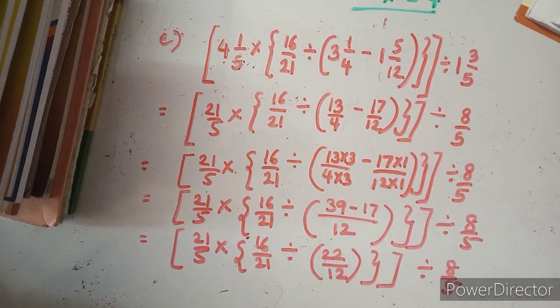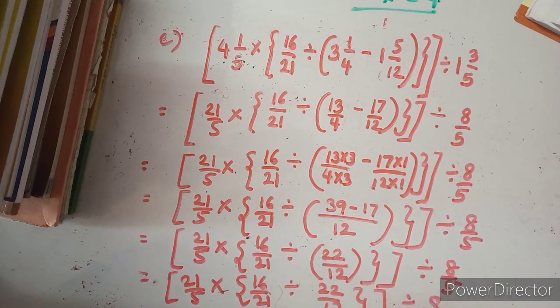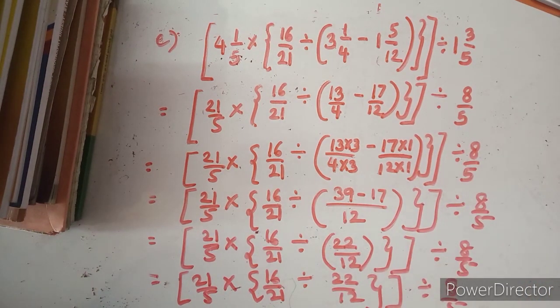Now we will go for the solution of the second bracket, that is the curly bracket. So first of all what I need to do is I have to just remove the first bracket. So देखिए मैंने फर्स्ट ब्रैकेट निकाल दिया है. So देखिए ये जो नंबर था, ये नंबर को मैंने ब्रैकेट से निकाल दिया है. सब देख पा रहे हैं, अभी ये जो फर्स्ट ब्रैकेट वो निकल चुका है. Now we will go for this curly bracket, this is the second bracket. Okay, so let us try to solve the second bracket.